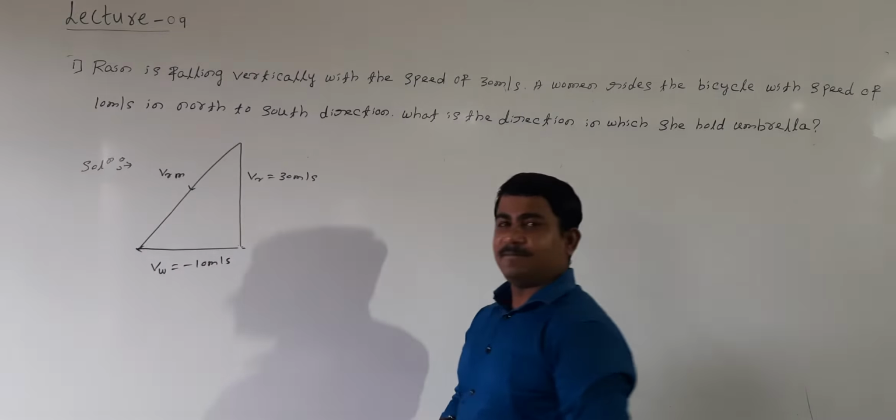Okay, students. The second numerical: a man can swim at a speed of 4 km per hour in still water. The man is swimming inside a river. How long does it take to cross a 1 km wide river which flows at 3 km per hour, if he makes his strokes normal to the river current? Then how far down the river does he go when he reaches the other bank?